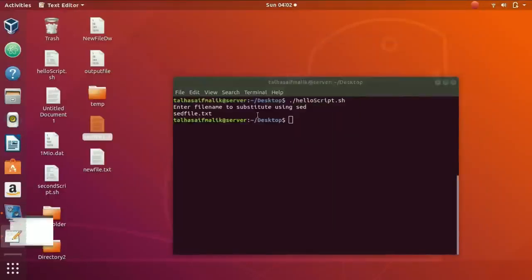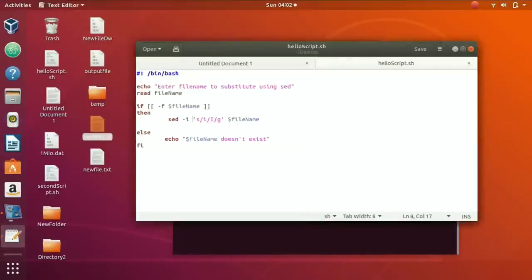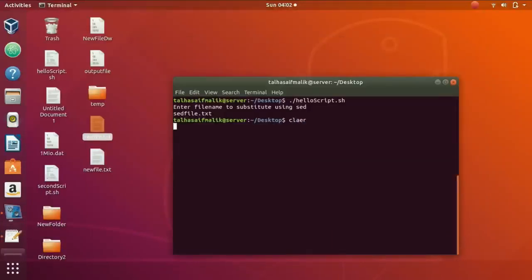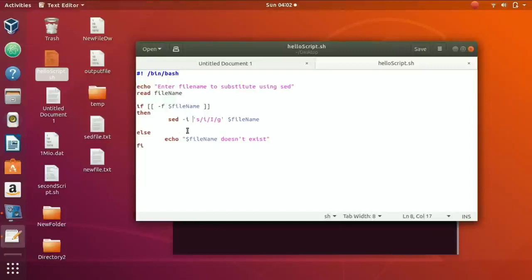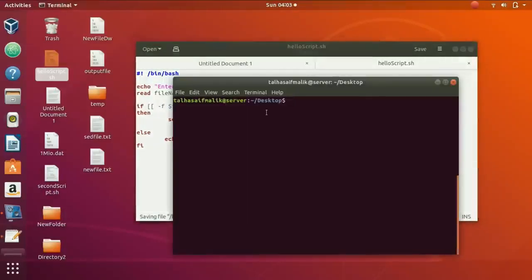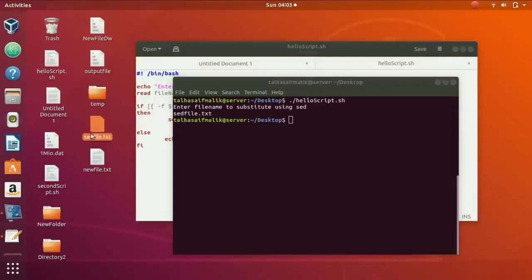There is another thing that you can do, and that is replacing whole words as well. Right now I think we have replaced only a single alphabet, but you can replace complete words even. Let's say we want to replace Linux with Unix. If we save it, run our script, enter the file name sed file.txt, hit enter, and go back to our sed file,